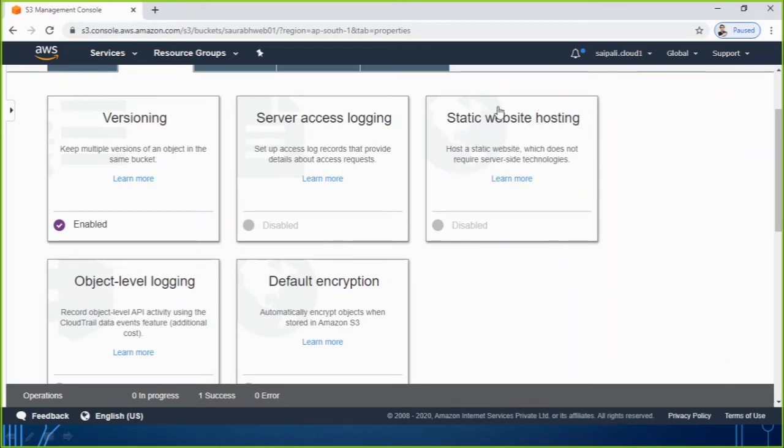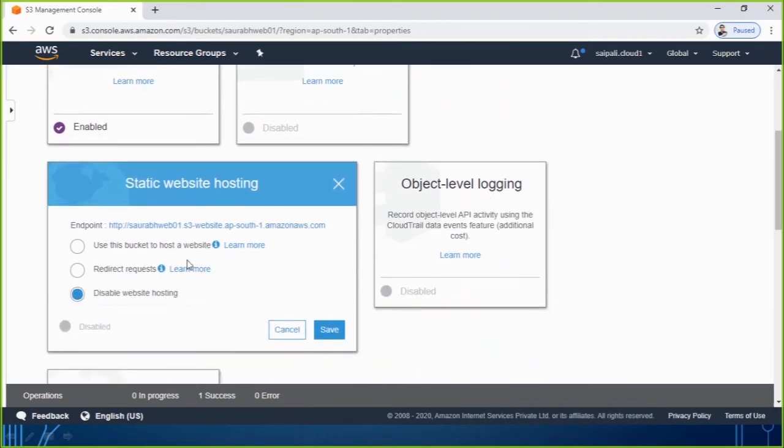This is the place from where we will be able to host the website. By default it is disabled, and this is the default situation of all S3 buckets. So you just click on it. It prompts you with these three options. By default it is disable website hosting, but you have two other choices: redirect requests or use this bucket to host a website. If you remember, our heading today is to use a bucket to host a website.